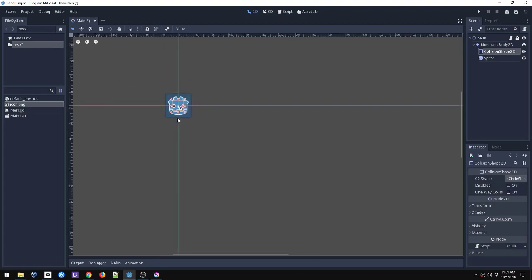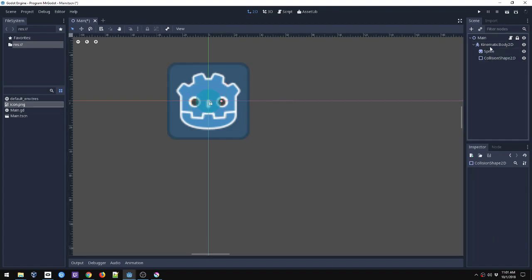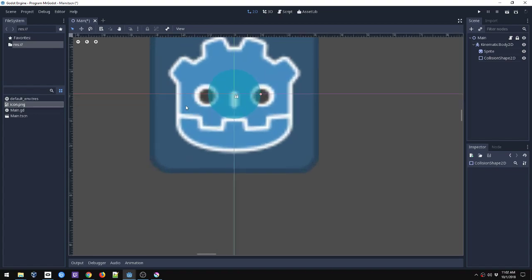So two things to notice here. First, I can't see my collision shape, and that's because Godot renders from top to bottom through your scene. So what's happening here is I'm rendering my collision shape, and then on top of that I'm rendering my sprite. So it's actually there, it's just hidden by my sprite. So I'm going to move this down. Now it's still under my kinematic body, right? So it's still in this alignment here underneath my kinematic body. If I roll that up, it disappears inside of it. However, it's below my sprite, and now you can see I have this ever so light